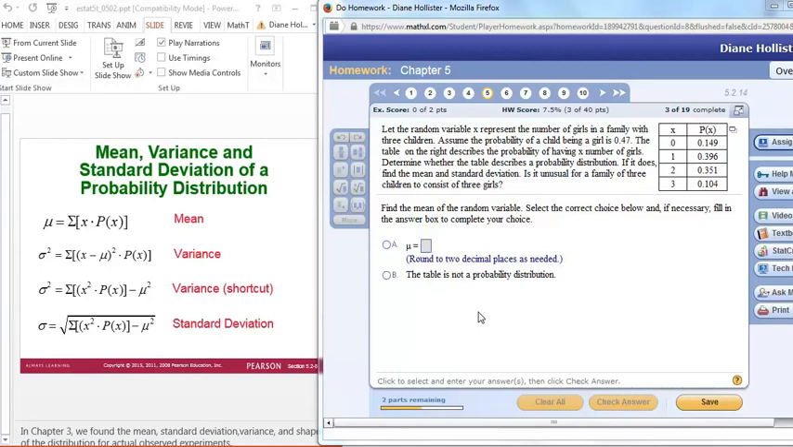Hi, let's assume you're working on your homework in Chapter 5, learning about probability distributions, and then you come across this problem. You have a table, and your first order of business is to determine whether it does describe a probability distribution. And then when it does, you need to use these formulas over here to determine the mean and